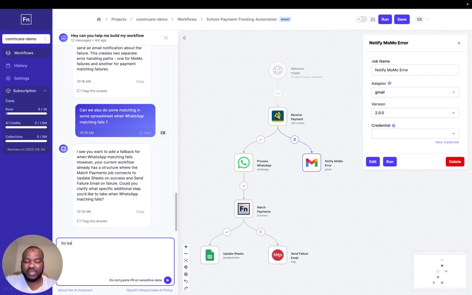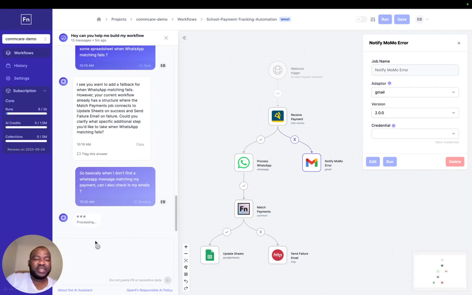So what I want to say is, basically, when I don't find a WhatsApp message matching my payment, can I also check in my emails? Basically, something like that. So we can ask the assistant whether this is possible. If this is possible, can you add it in? Can you do some stuff for me? And so you express what you want in natural language, and